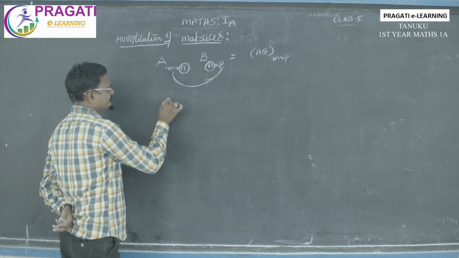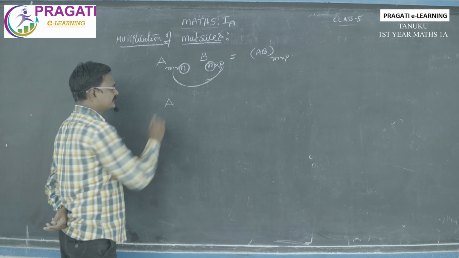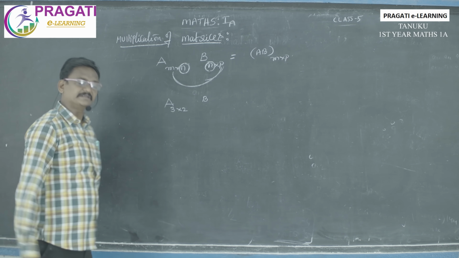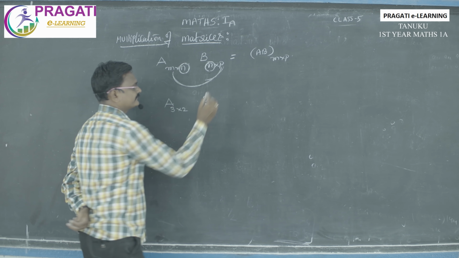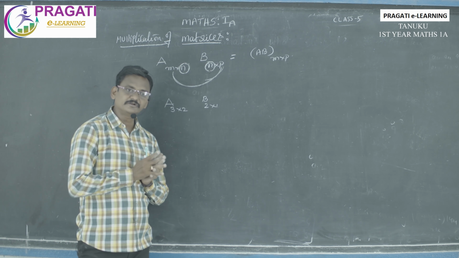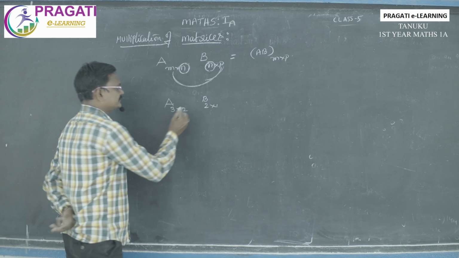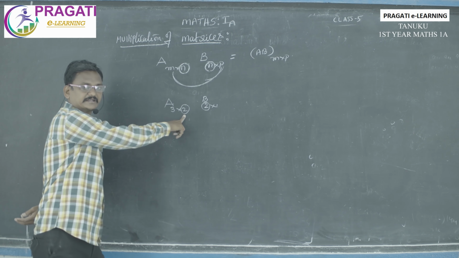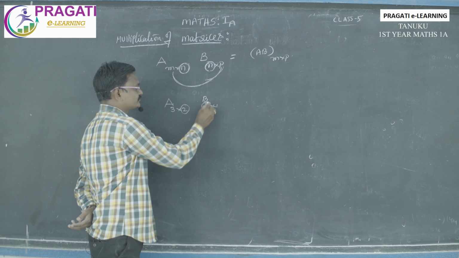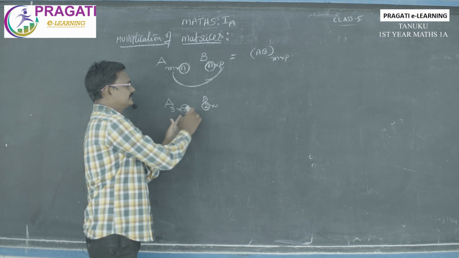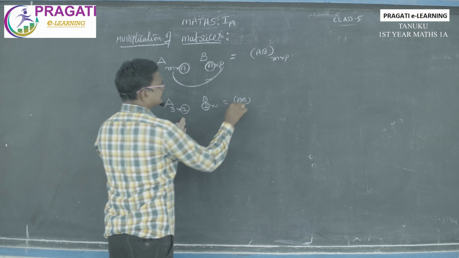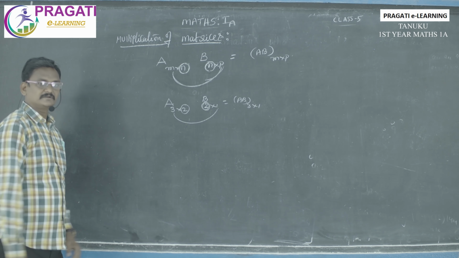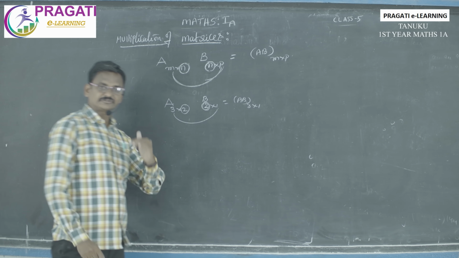Okay. For example, A is one of the matrices. This order is 3 by 2. Another matrix B has order, for example, 2 by 1. First of all, is multiplication possible or not? Just verify. These two must be the same. These two mean the number of columns in the first matrix and the number of rows in the second matrix. These two must be the same. So it is possible. Next, the product of the two matrices has order 3 by 1. After that I will tell you how it is 3 by 1. Just first you can guess it.